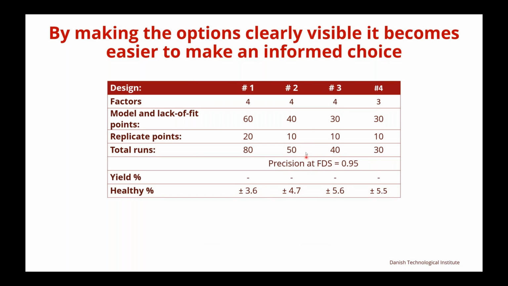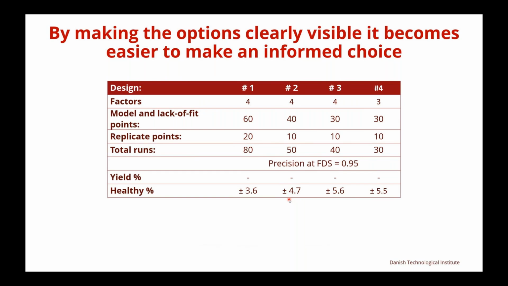So the design that we just looked at is number 2 here, where we included all 4 of the available factors and used a total of 50 runs distributed in a specific way. And if we go with that design, we can expect that the final model that we end up with is going to have a prediction interval that is plus or minus 4.7% or narrower in 95% of the total experimental